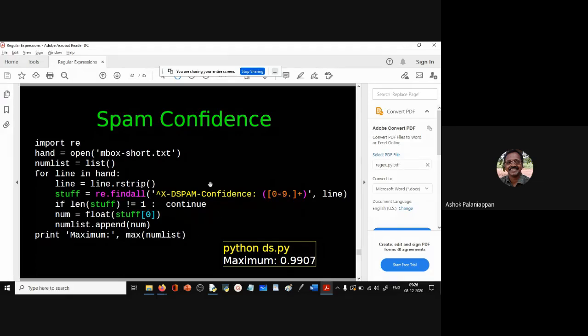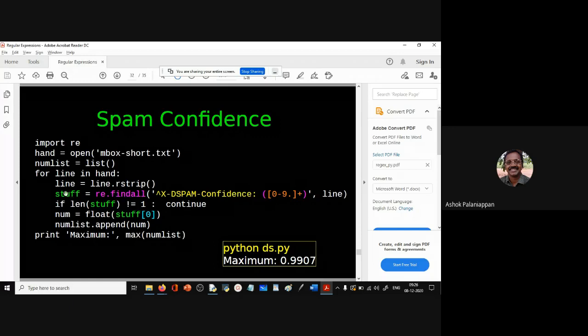Now what we can do is find out the maximum confidence of any email in our inbox. For that, we just append all these confidence values into a list. So we say stuff is equal to these particular values. Only one value is being trapped, and this findall will return a list of one element.